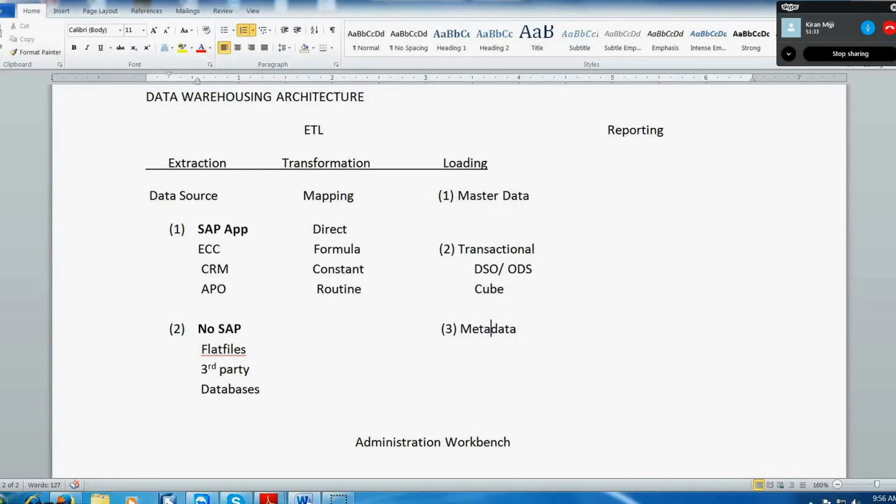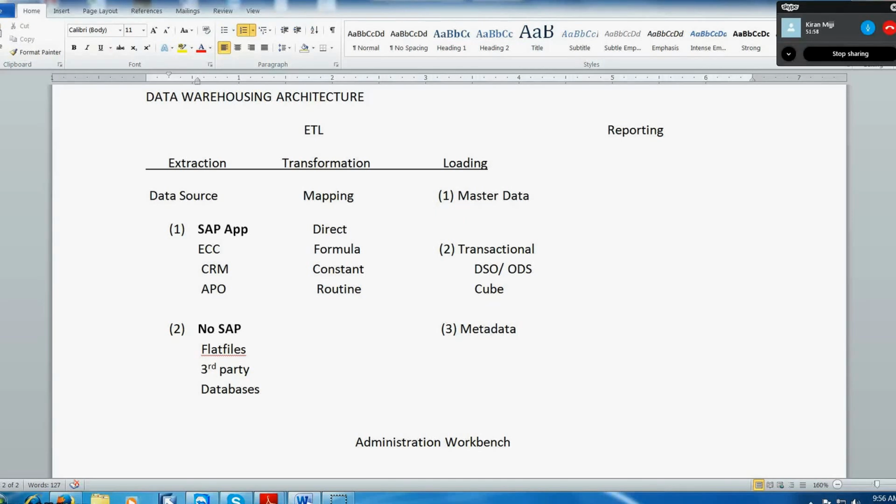Like let's say you keep writing a story in a book, on a page, and automatically the contents of the book get updated in the front, as in the first page you have this, second page you have this, something like that. So metadata is data related to data, which is created by SAP. There will be three types of data: master data, transaction data, and metadata. Metadata is created by SAP. Master data and transaction data, we are going to create.